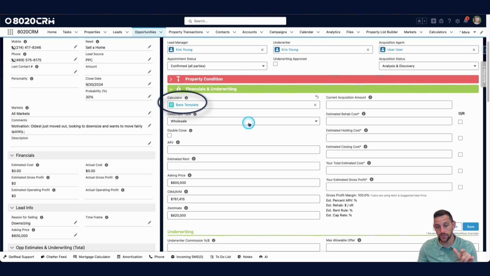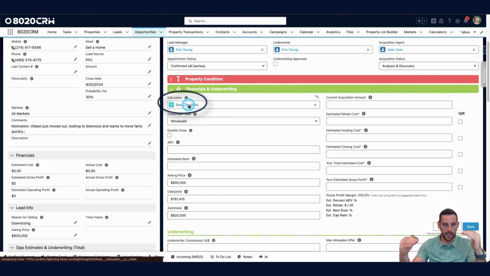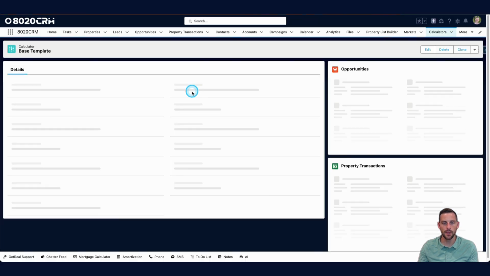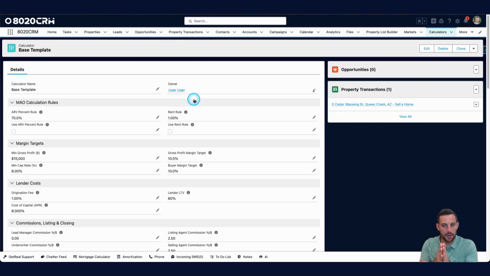So I'm going to actually jump into the calculators and run through that layout so that you can see what we're talking about by calculators, and we'll jump back into the rest of this acquisition process flow. So let me jump into a calculator here. All right, so now I'm going to talk a little bit about the calculator process, the inputs and how it